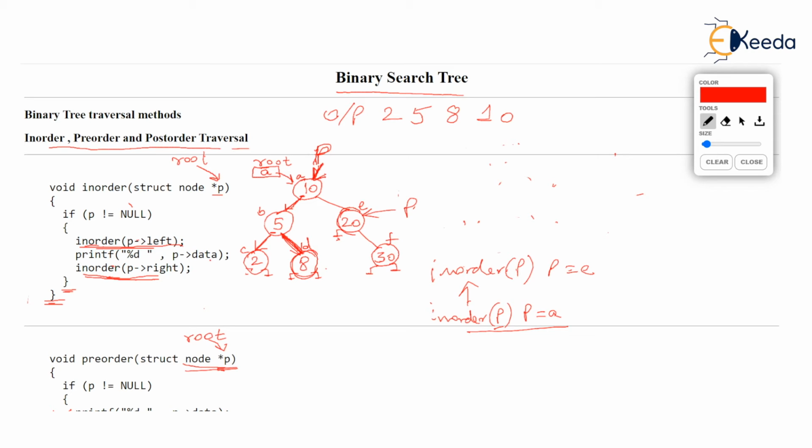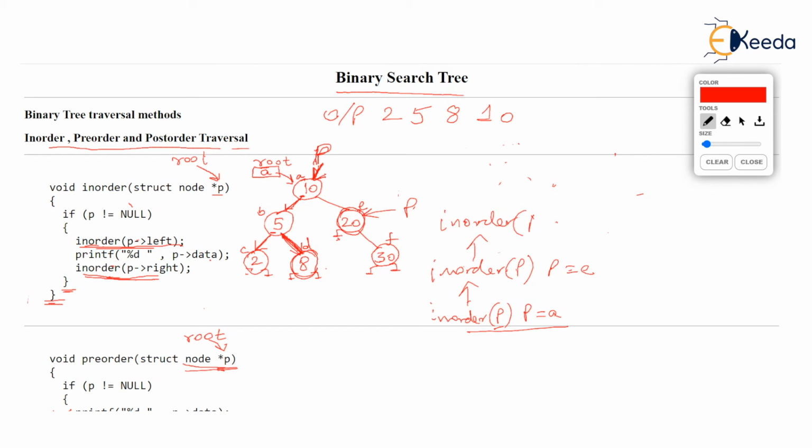If you start the function in order with P pointing at E, first things first, you will check is P not null, which is true as P is pointing to E. Then you will call in order for P arrow left. But observe 20's left is null. So in order P with P at E is calling in order P, but P is null.